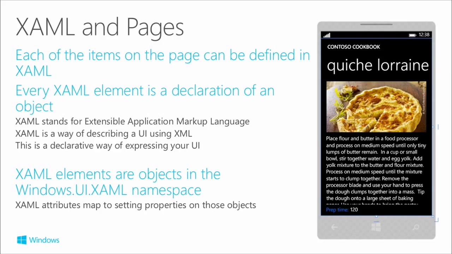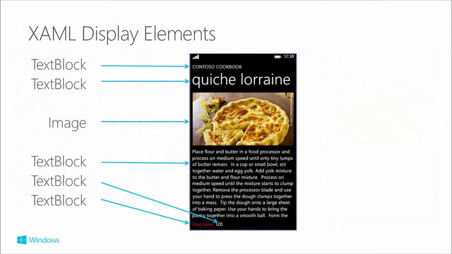So you're working in XML effectively, and that defines everything you see on that screen. We worked with some controls already. There's a text block at the top, and we're applying styles, so there's different, bigger and smaller text. Then we've got another text block, which is our title, Quiche Lorraine. Then we've got an image element and another text block, and so it goes on. A text block is just for showing text output, and then everything sits inside a layout control, in this case probably a grid.